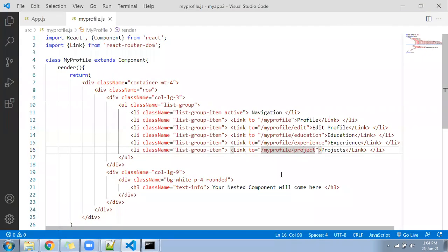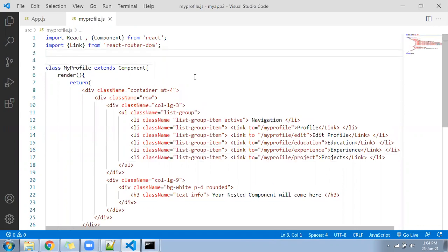Now we need to create some components: when we click on edit profile, which component should come? When you click on education, what should happen? When you click on experience, which page will come? When you click on project, which component should load? So let's go here. Okay. And for example, we'll create some constant here. We'll write an inline function, the fat arrow method inline function, which I hope you are aware of. If not, then please look into the JavaScript series. There I have created a video where I have used the fat arrow inline function. So I'll write here call. First we have a profile.